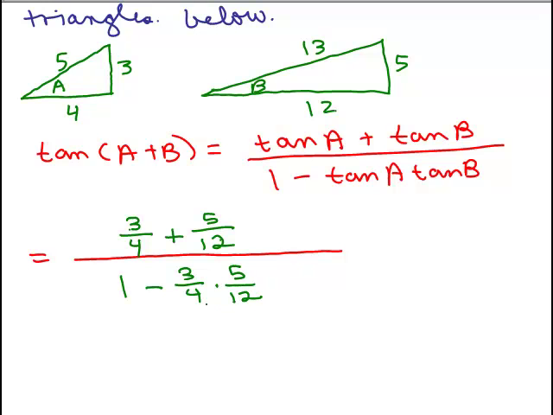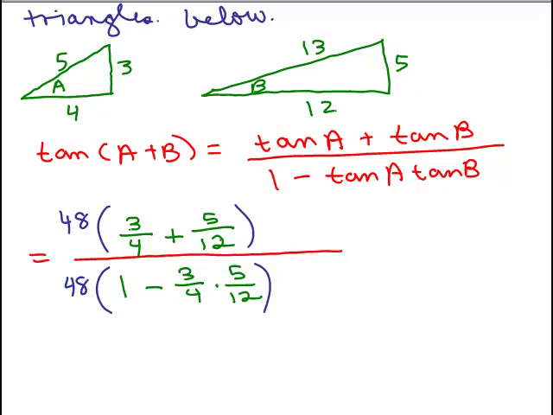Now, that could be simplified. Just keep in mind this denominator here is really 48. So to simplify this as a complex fraction, you want to multiply numerator and denominator by the least common multiple to get rid of the complex fraction. That's one way to do it. I just find that the easiest. So the least common denominator here, well, if it was just the numerator I cared about, it could be 12, but that won't work in the denominator because I have 4 times 12 right here. So the least common denominator is going to be